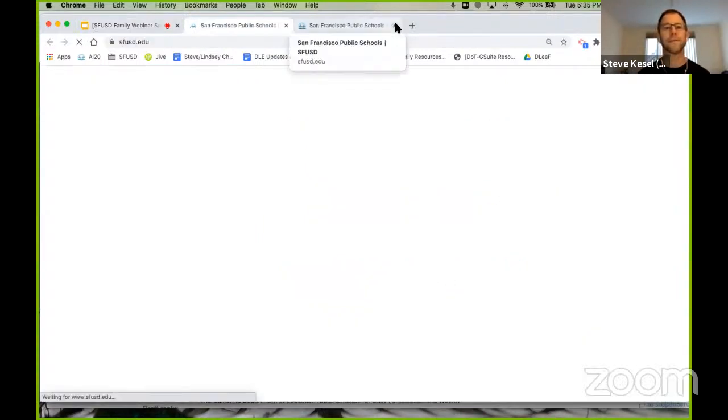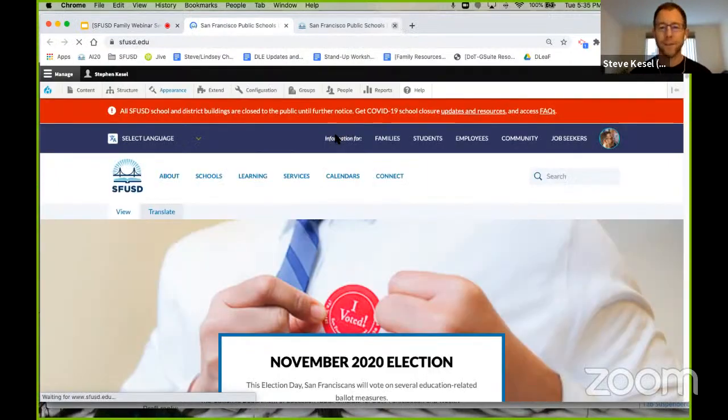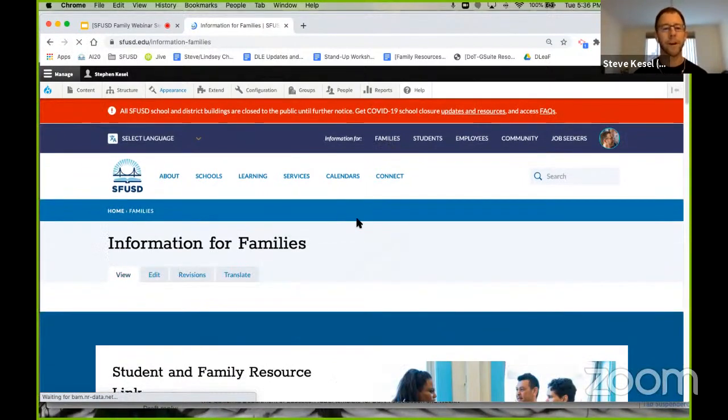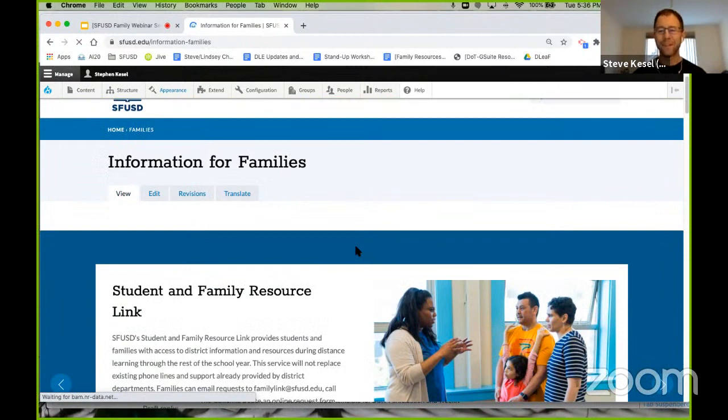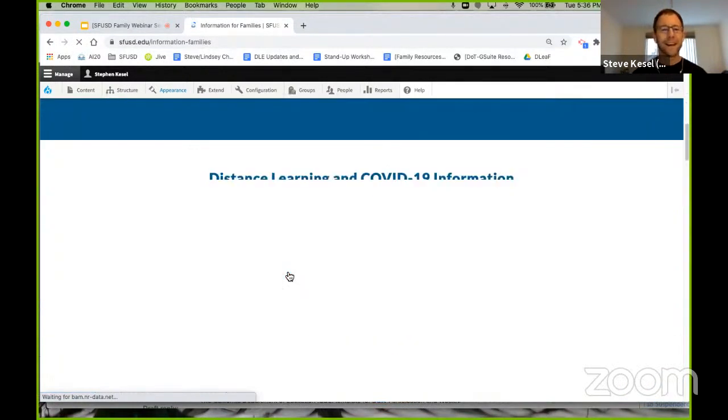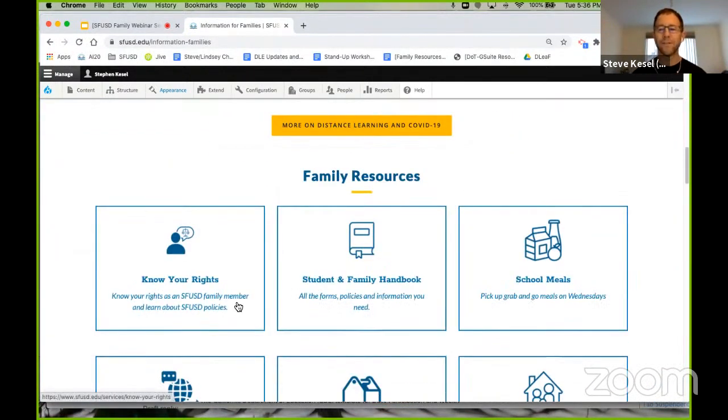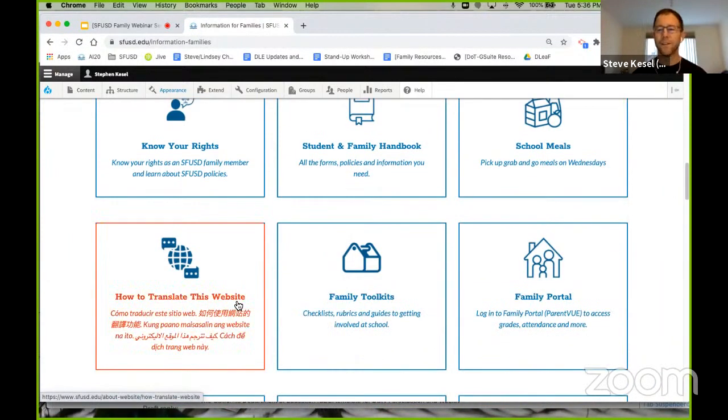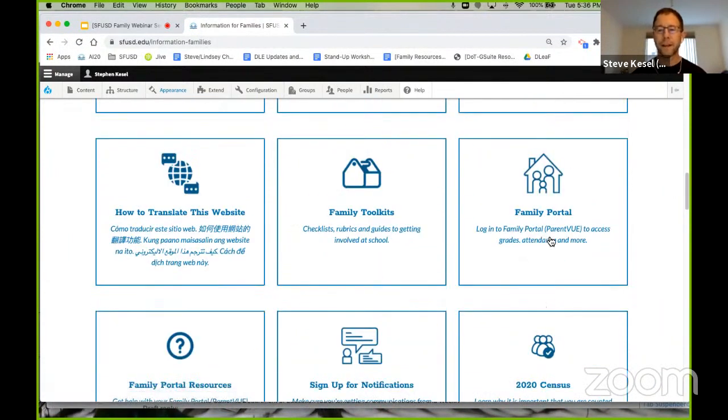So let me show you that. If you go to sfusd.edu and click on families, and then if you're not streaming on Zoom, it probably loads a little quicker. Here we are. And when you scroll down, you'll find that there is a whole bunch of stuff, including information about the family portal. That's the login, but these are the actual resources. And when you click on Family Portal Resources,